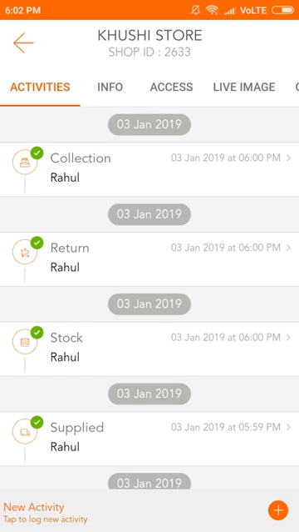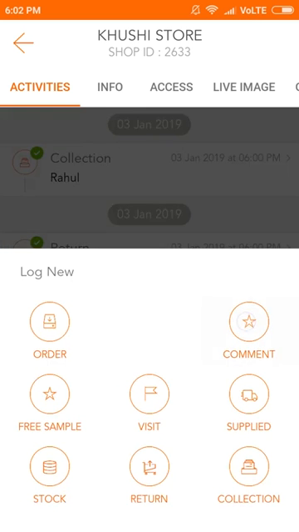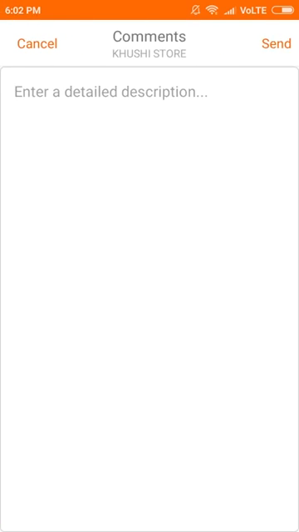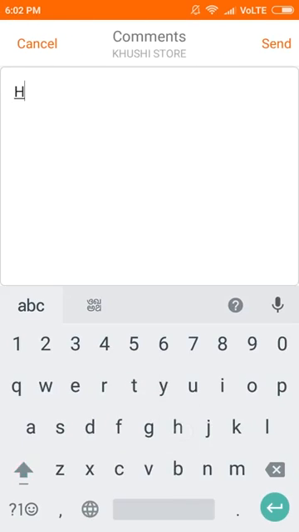Verified activities are the activities which are performed within 300 meters of radius of the customer. By clicking on the New Activity plus icon, click on Comment. This is a two-way communication feature where a salesman can instantly connect with higher authorities.